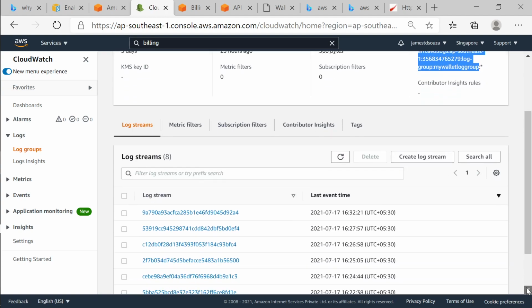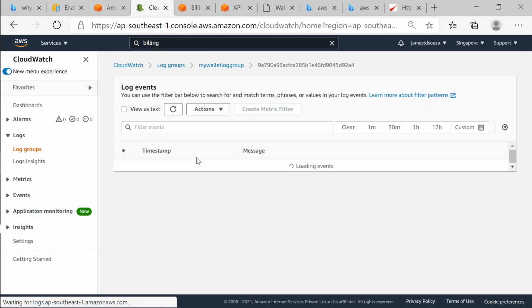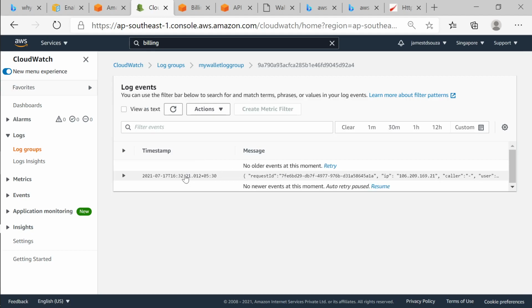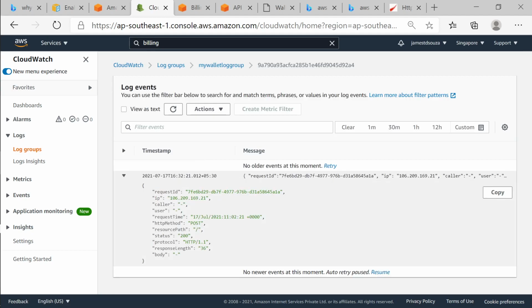Yeah, so at 4:32 I called this log, and this log stream was created, and when I open this, it is the same format, right? That is the format I said. This is everything you have to publish. So it says the IP address, who's the caller, what was the method, and what was the status. The main thing is this status: is it 200, is it 400? I'm looking for status equal to 200, which means my call went through.